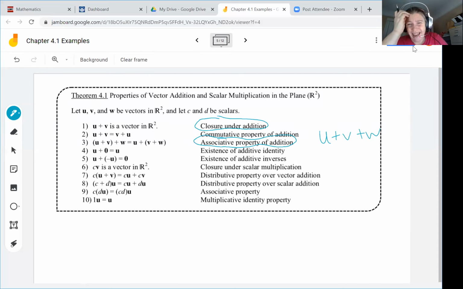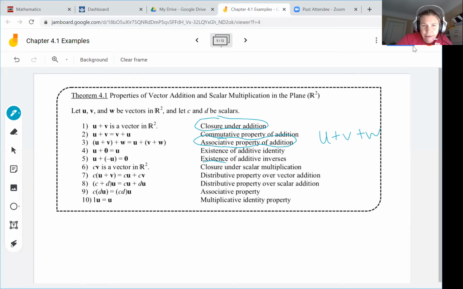And then there also has to be an additive inverse, what you can add your vector to and get the 0 vector. So the additive inverse is -u for vector u. Just like for real numbers, our additive identity is 0, and our additive inverse is the negative number. All right, property